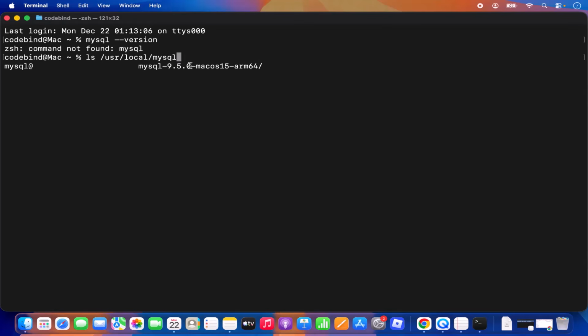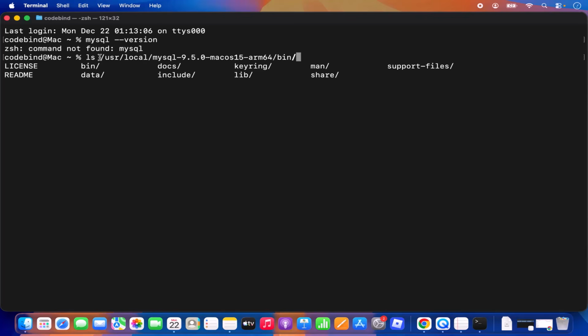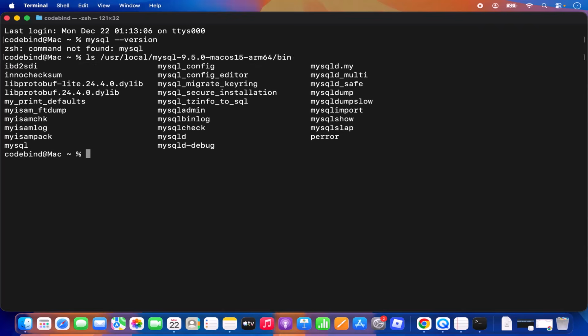So just add a hyphen and then once again press the tab key, which is going to autocomplete this second option. So this is where our MySQL related binaries are present, right? And then once again press tab and you will see the bin directory for MySQL, right? And this is the path we need to add in our environment variables, right? So I'm going to just do that, where all my MySQL related files are present, and this is the path which I need to add to my